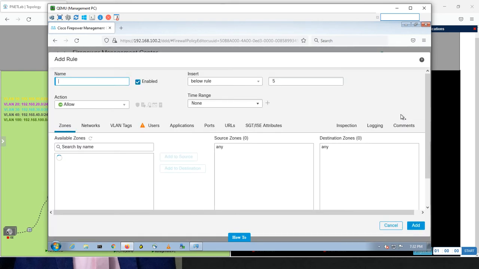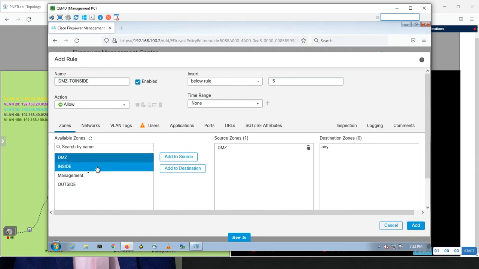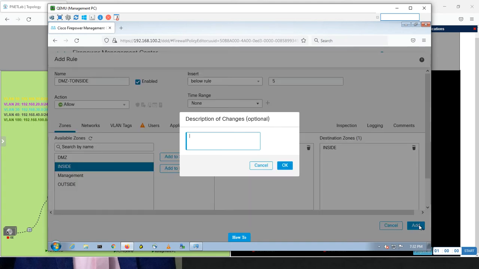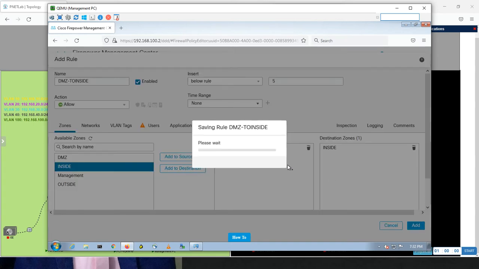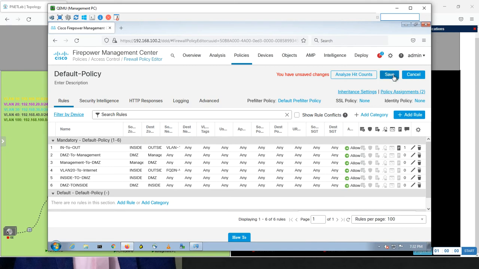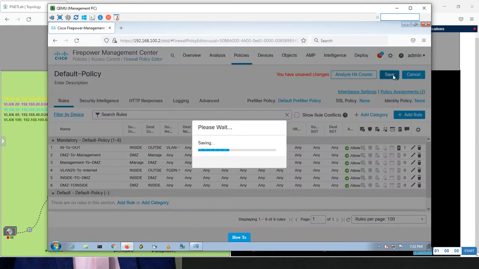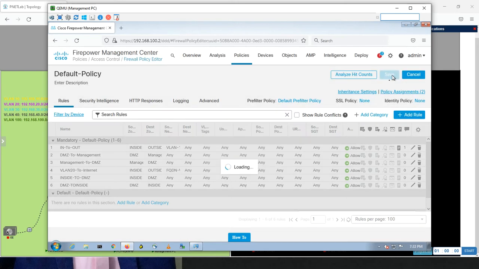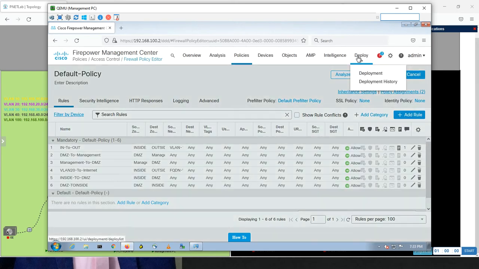So it will be DMZ to inside, and it will be DMZ as a source, inside as a destination, and keep everything as it is. I will save, and I will deploy,